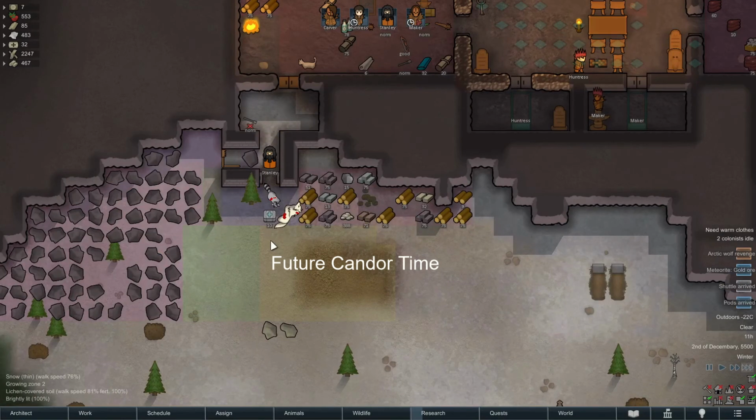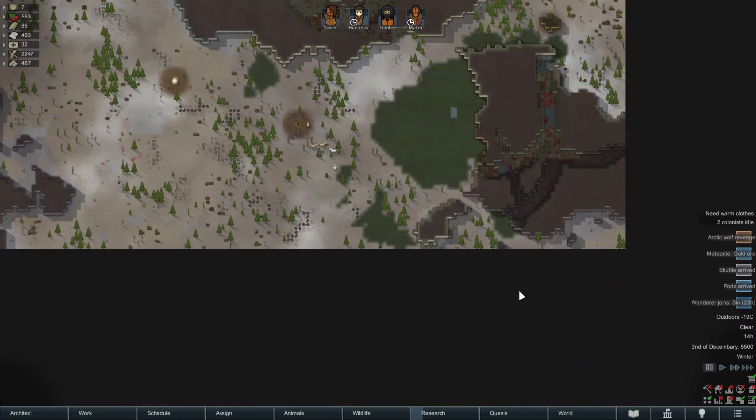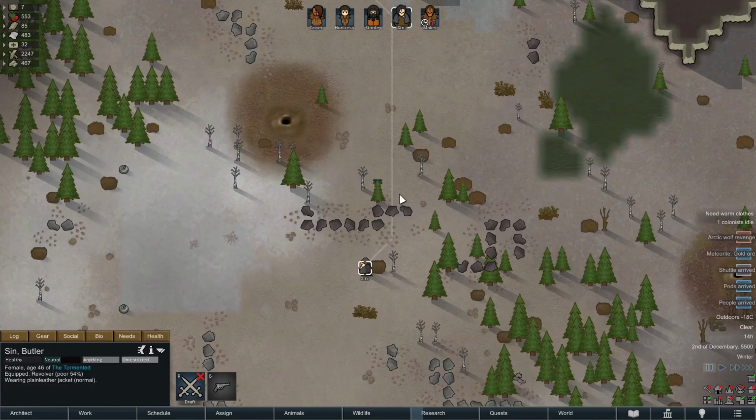Oh my god, Strigako's entire off scene was like 2 frames because the recording lag is so bad. This is actually pathetic. Hunter named Sin has arrived and wants to join the colony. She's willing to contribute, but will not leave voluntarily. Where are you? Where are you? Where are you? No, you're not gonna tell us? Okay, fine. Oh, or were you already...